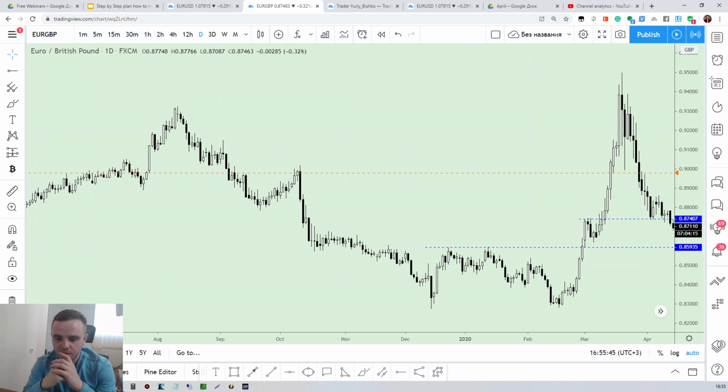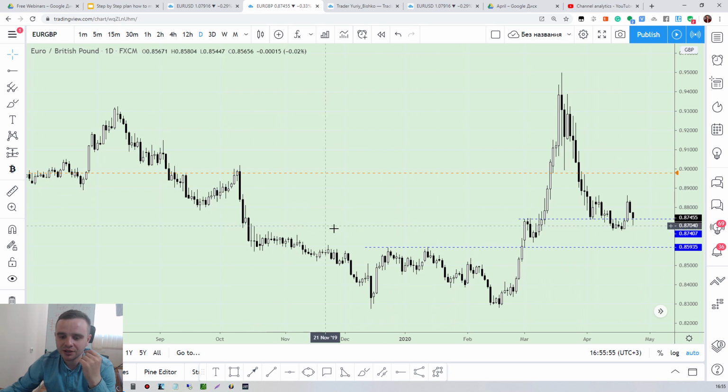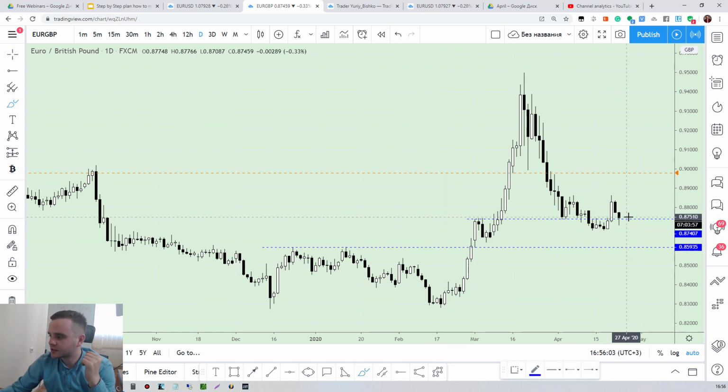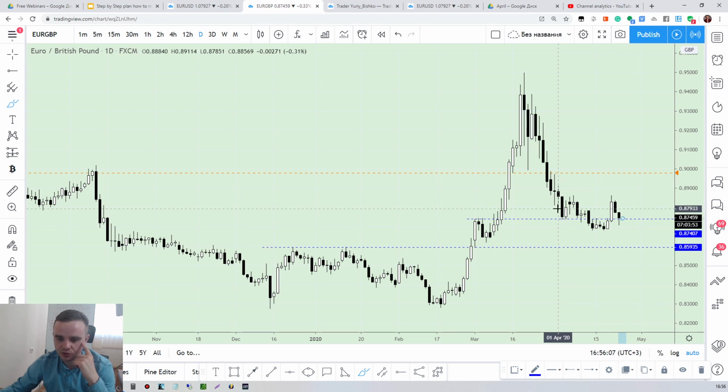How many times can the market bounce from one key level? The market can bounce many times. You need to understand, a far more important question you could ask is: how many times could you trade it? It would be a better question. I recommend to trade when price comes to the key level the first and second time. The third time it is not good to trade.